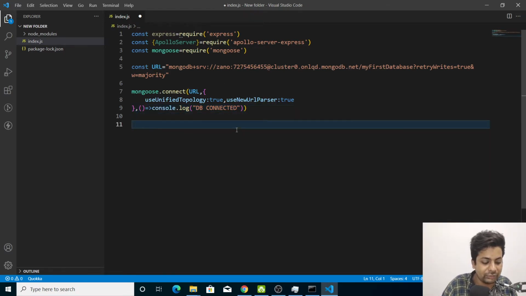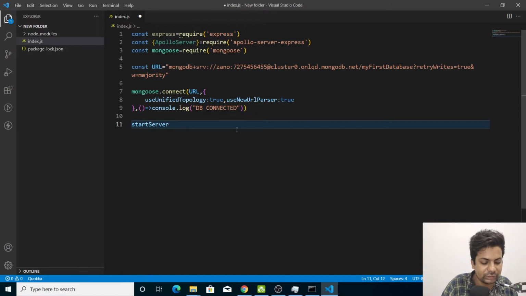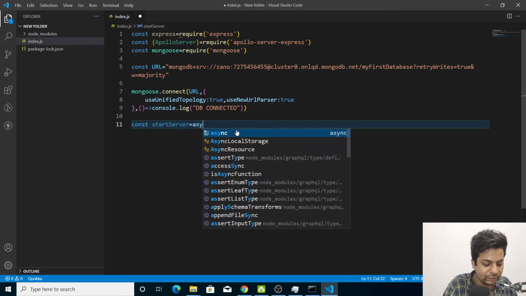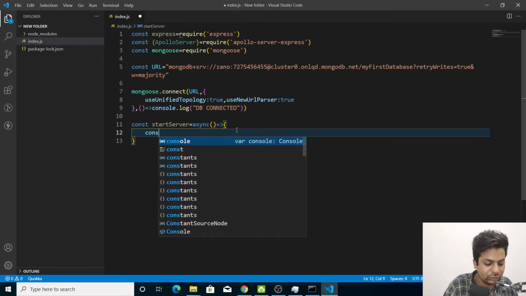Now start with the Apollo server. We'll make a function called startServer, and it should be async because it will take time.